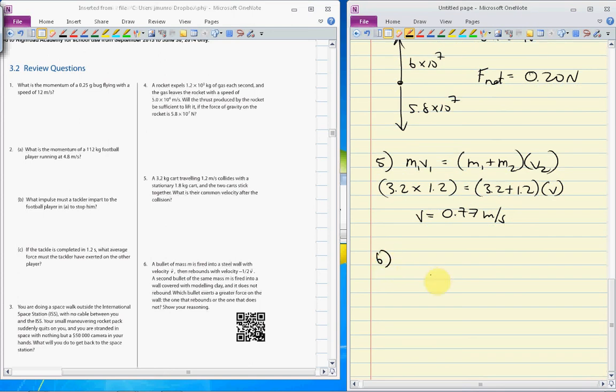Question number 6. A bullet is fired into a steel wall with a velocity of v. So we already know that it has momentum mv. This is actually the change in momentum as a result that it's going to deform, or it's going to stop. And so since the change in velocity